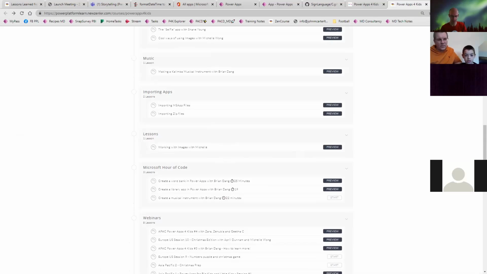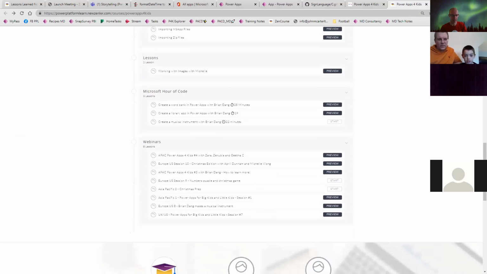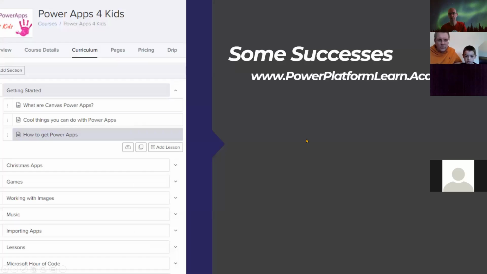So there's a lot of content there. So I'm going to jump back to the presentation, and I'm going to go on to the successes. The Power Platform Learn Academy, I thoroughly recommend you go there. The children can learn about Power Apps, probably with an adult to help them along the way. There's PowerPlatformLearn.com. That's actually my website, so I'm not quite sure why I decided to... I just obviously had Power Platform on the brain, but it's actually